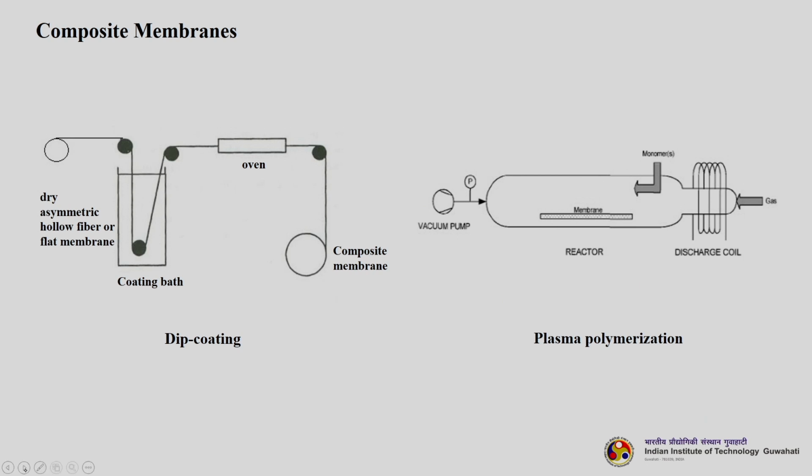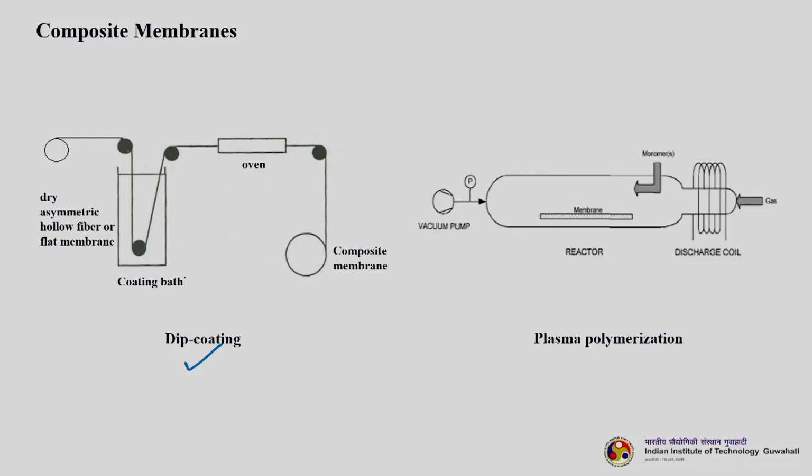You can also have composite membranes by the usual dip coating method, which is extensively used at lab scales. Let us say you have a small circular shaped ceramic membrane and I want to develop a composite membrane. I want to put a very thin layer of polymeric support over it. So what I do is dip it inside the polymeric solution or the coating bath, slowly, and take it out slowly. How you are dipping it and at what rate you are taking it out are parameters that affect the final features. Then you dry it and you get your composite membrane. It is an easy way to do it.